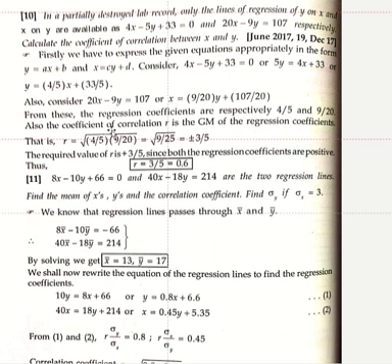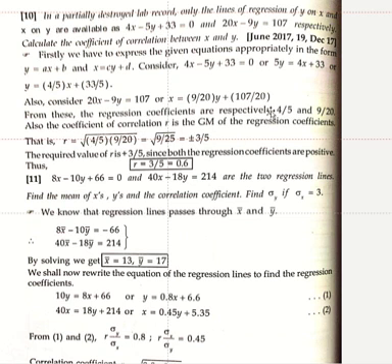And also, how to find the coefficient of correlation? The coefficient of correlation R is the GM of the regression coefficients. Here the regression coefficients are 4 by 5 and 9 by 20. What is the geometrical mean of A and B? The geometrical mean of A and B is equal to the square root of A into B. Therefore, the correlation coefficient R is equal to the square root of